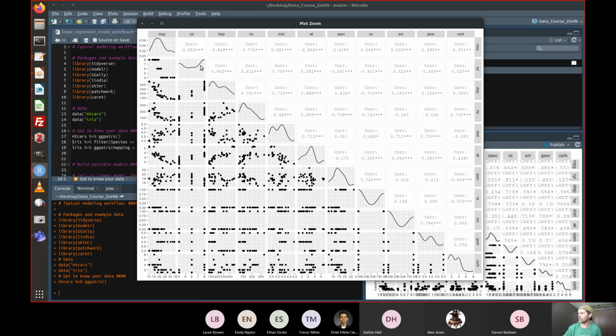Miles per gallon versus number of cylinders. Okay, 8, 6, and 4. Here's the miles per gallon. You can see the scale down here, 10, 15, 20, 25, 30. So I'm seeing things with 4 cylinders have higher miles per gallon than things with 8. Right. So it is showing us all the possible pairings, and what's really nice is that it gives us a